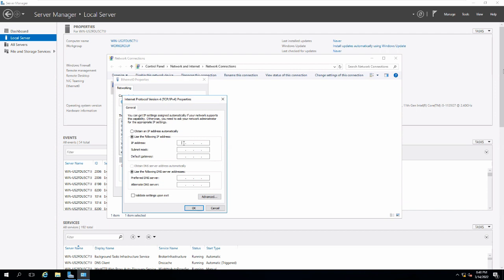Okay, 32 bits, right? So what are the classes of IPv4 addresses? Class A, B, C, and multicast in IPv4.